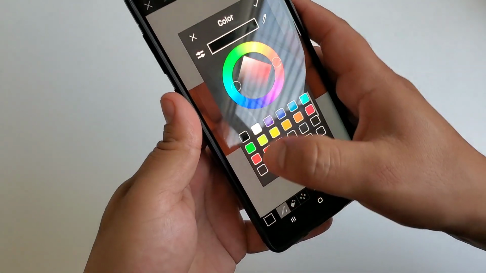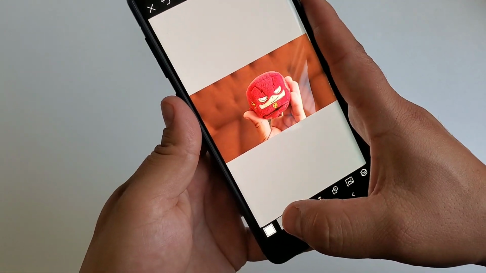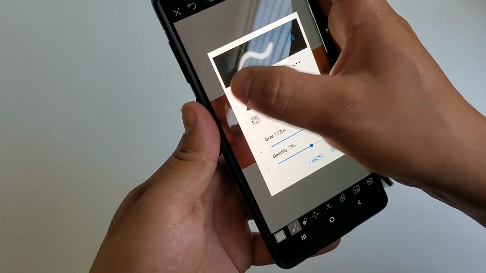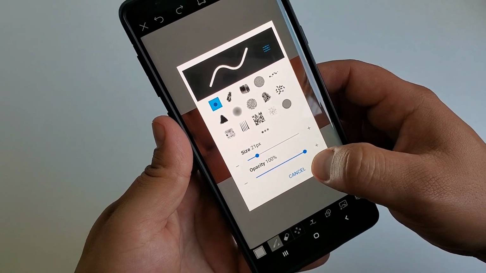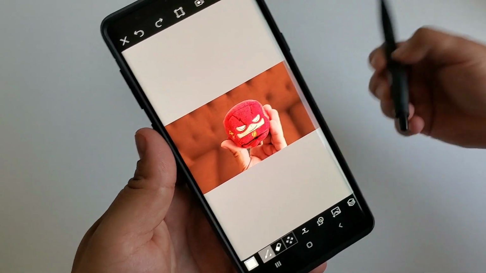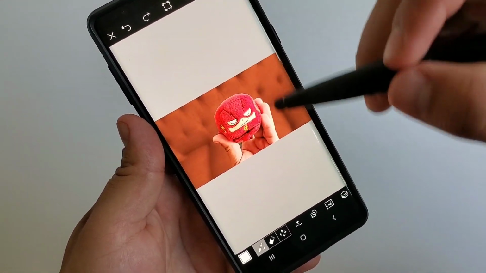And what we'll do, let's go ahead and pick white again. Sorry, it's kind of hard to do this in front of the camera. And we'll go ahead and change it to this solid line right here. That looks about good size. Let's go to set, and then we'll go ahead and outline very carefully around the whole item that we have